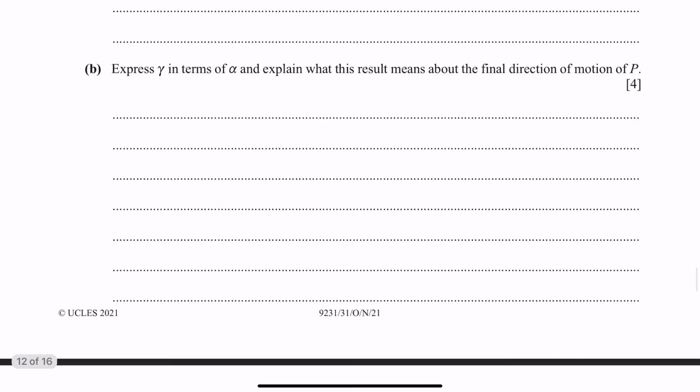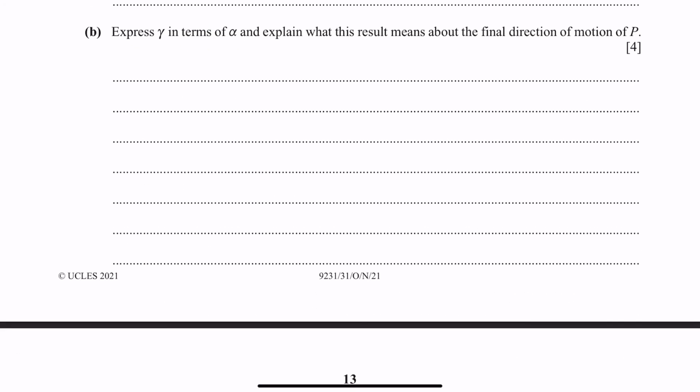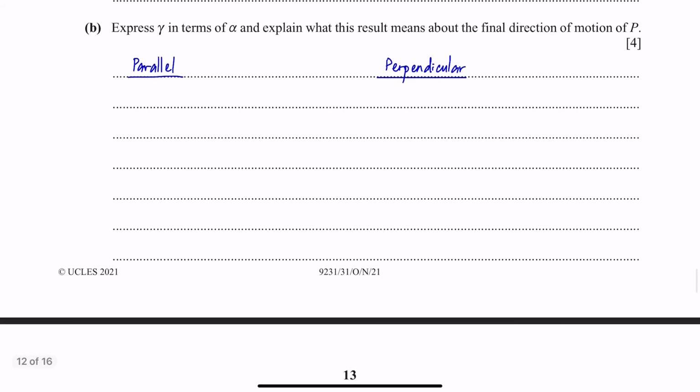We can have an equation parallel to the wall and one perpendicular to the wall. So for the one parallel to the wall, the parallel speed doesn't change. So w cos gamma equals v cos